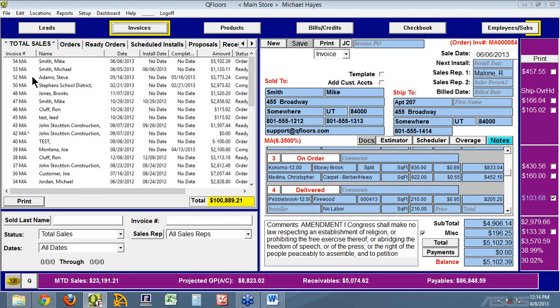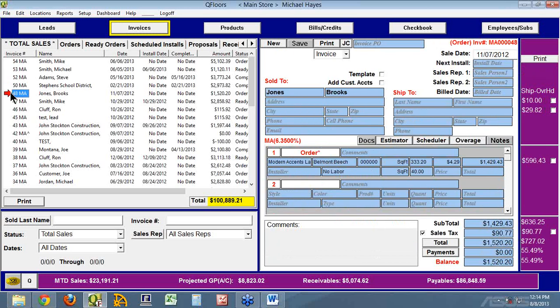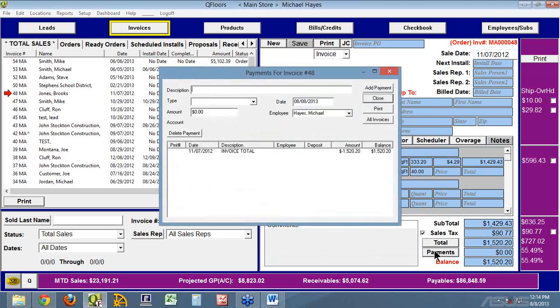So you just write up your sale. Let's take an invoice here. So here's an employee and they bought some stuff from us, or it's an installer and they've purchased something from us, and we have this balance. Week by week, paycheck by paycheck, whatever your payroll system is, pay period, then when it's time to deduct something from their pay,